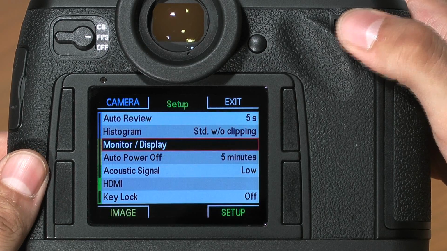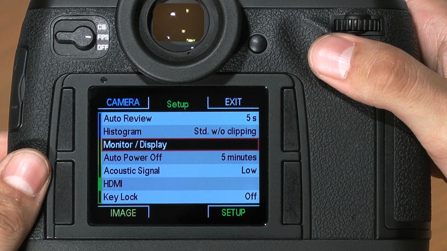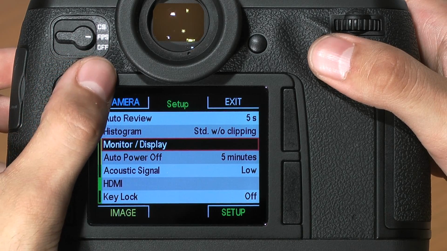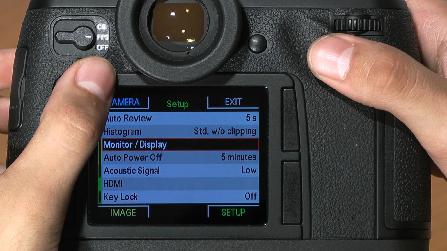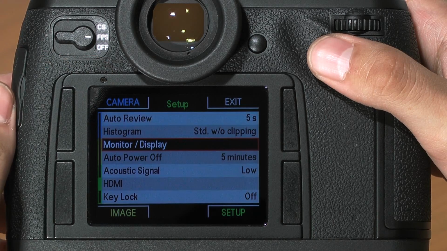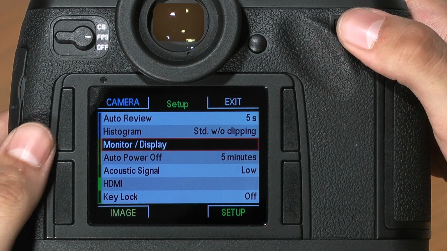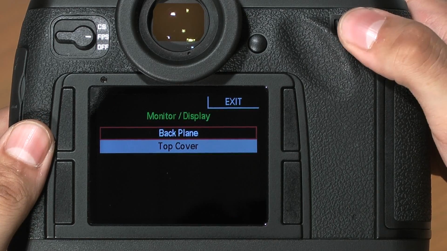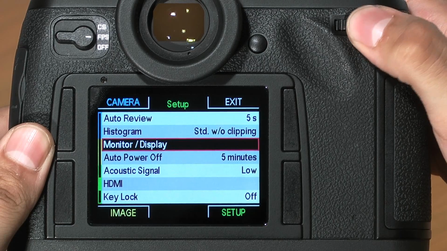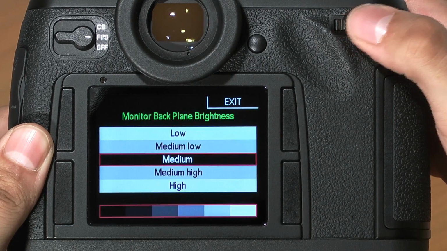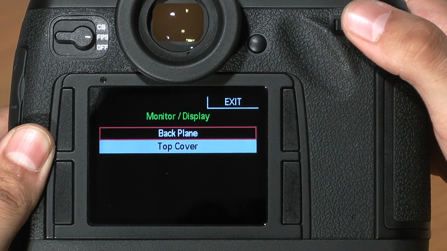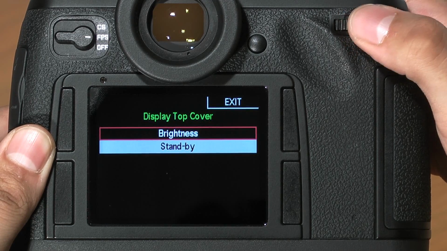When this is set to automatic, the LCD screen's backlight will change brightness depending on the ambient light you're shooting in. If I cover it with my thumb, you'll see the screen will dim as if I'm shooting in a lowly lit room. If I remove my thumb, our bright video lights bring the camera's backlight brightness up considerably. But again, we recommend the default setting of high. In addition, the default setting of medium for brightness. In addition to setting the back screen's brightness and backlight, you can control the top cover's